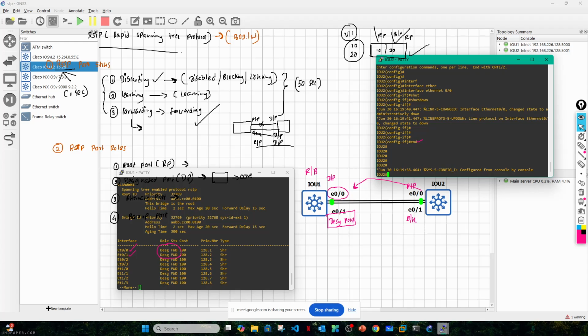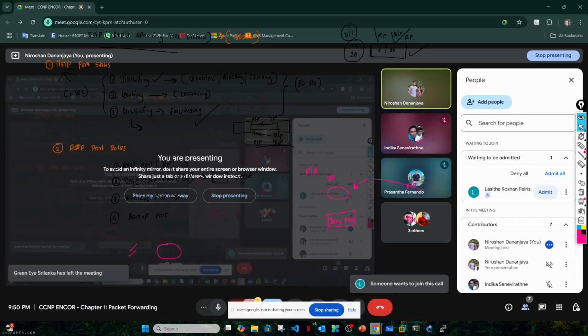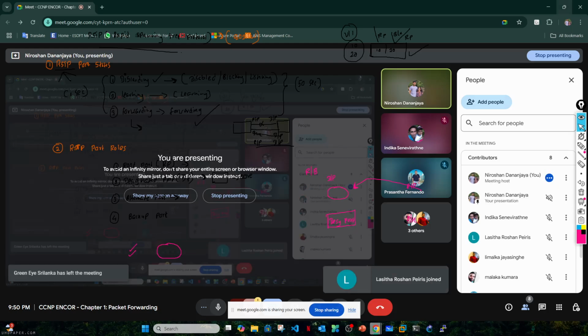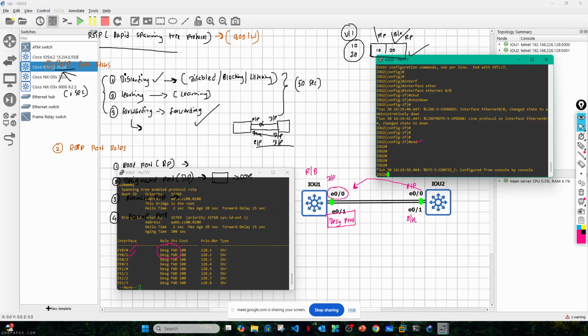when we check out this one, I think another one is again logging. Okay, let's wait. So when we check again the spanning tree,